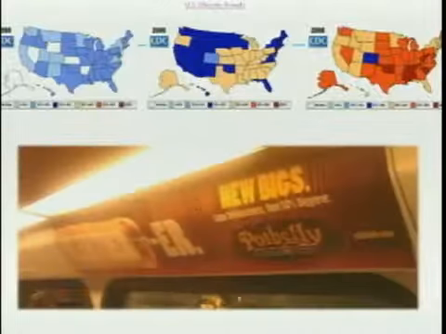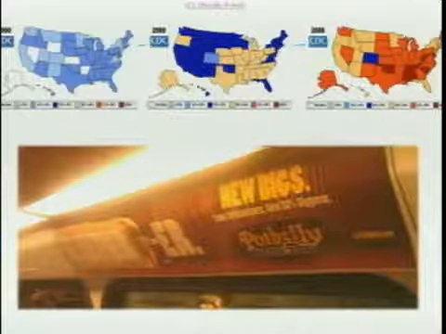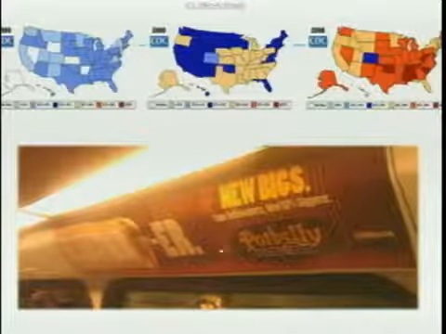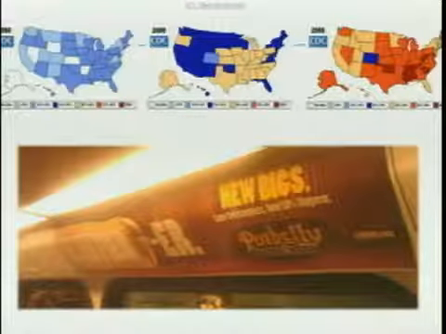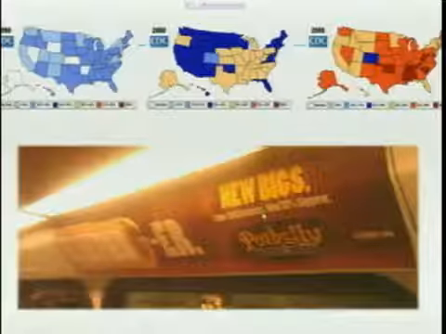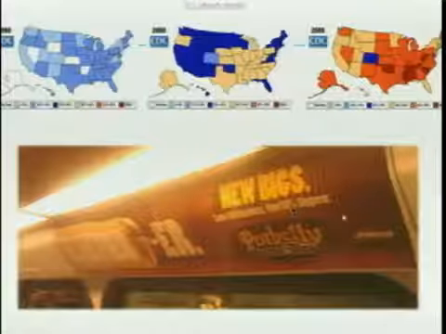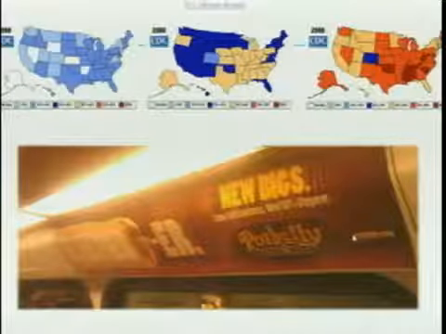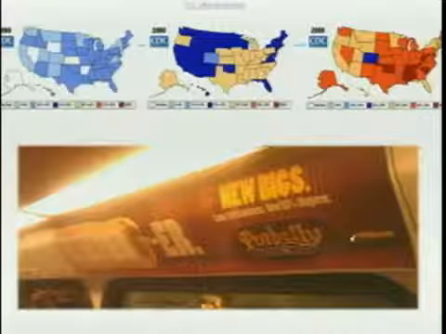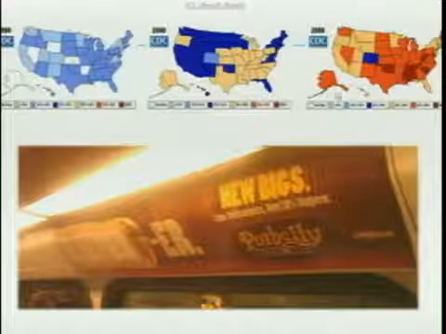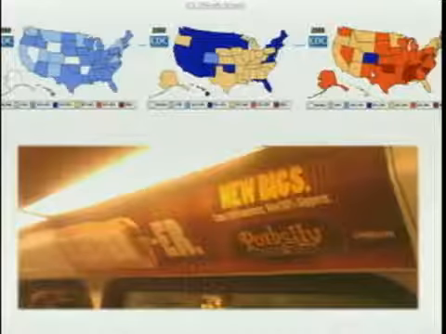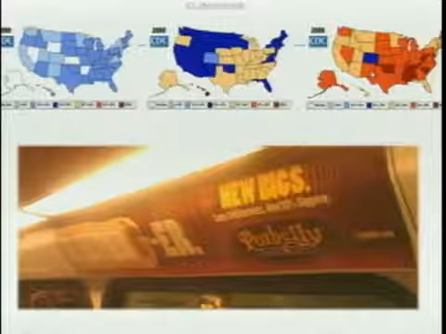I was in DC once, and I took a picture of this. This is an ad for a sandwich shop called Potbelly. They advertise sandwiches called New Bigs, same deliciousness, now 30% bigger. I mean, I agree. So this is both A, funny, B, tragic. I mean, this is in a country that went from this to this in 18 years. 30% bigger.